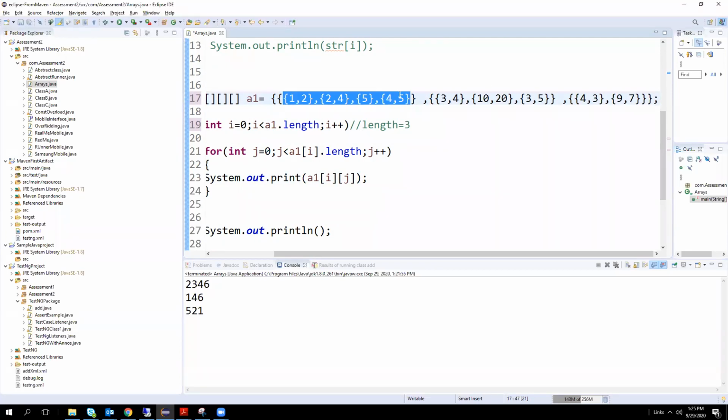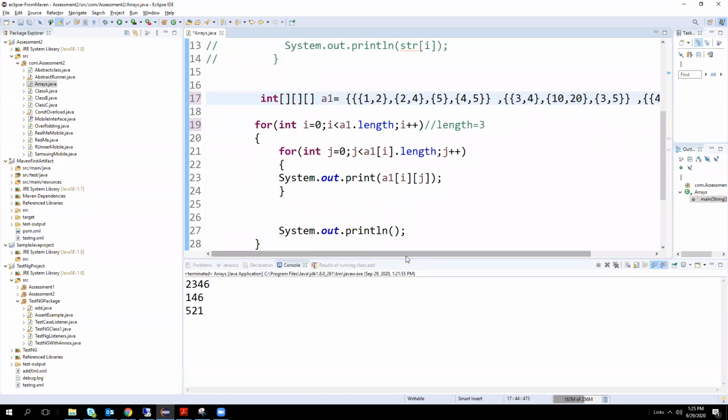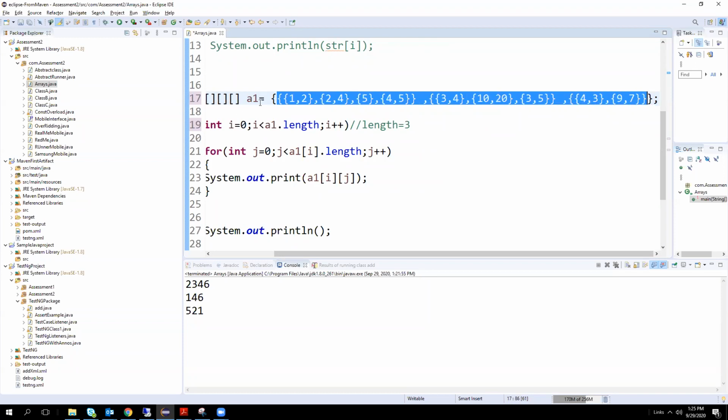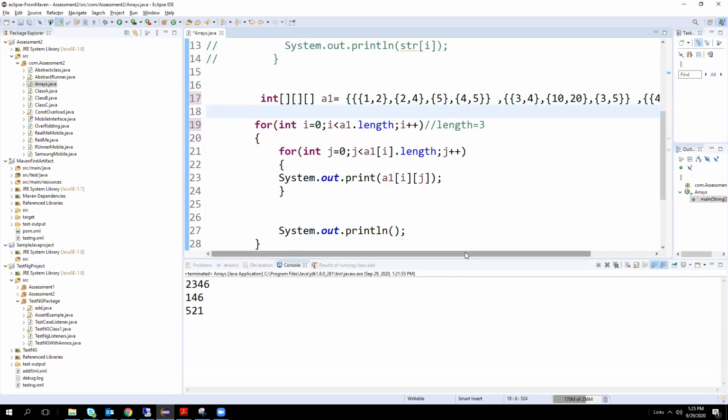This is one set, again this is second, this is third. You got the structure of the three-dimensional array? This data will be in one array. In this array, how many sets of data are available?